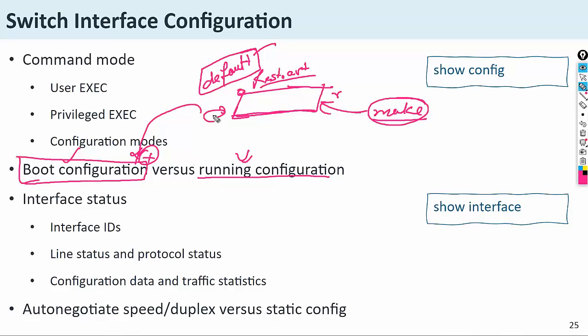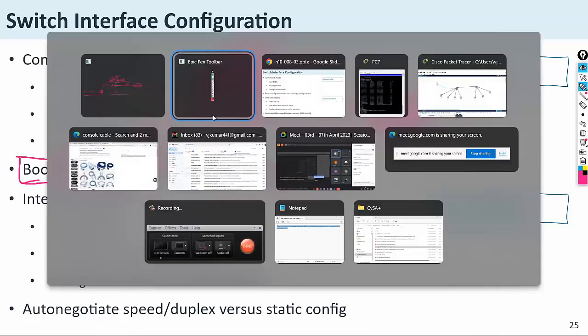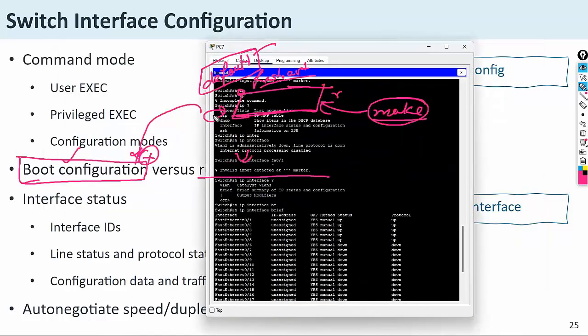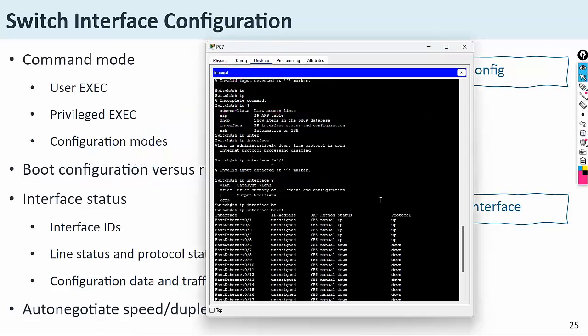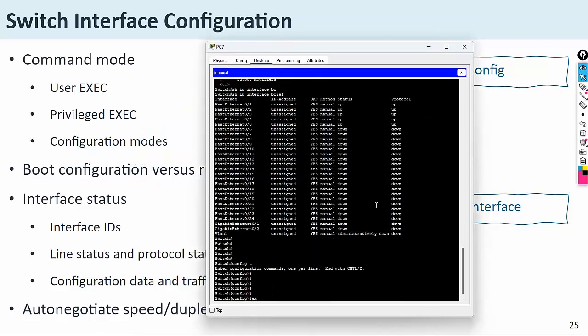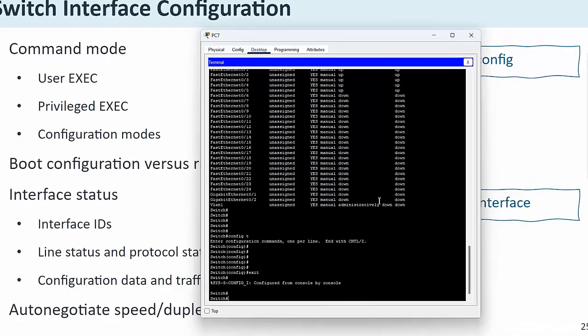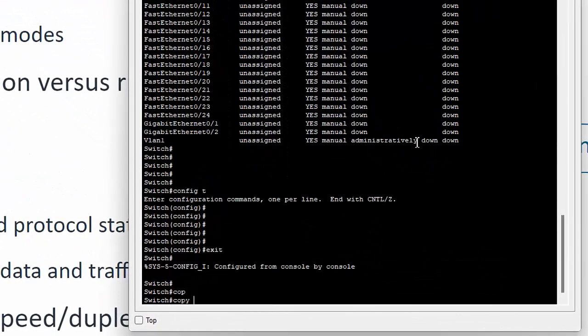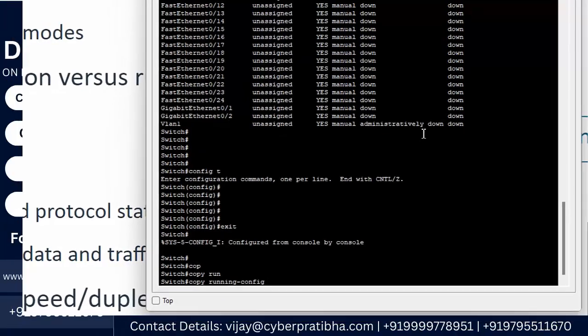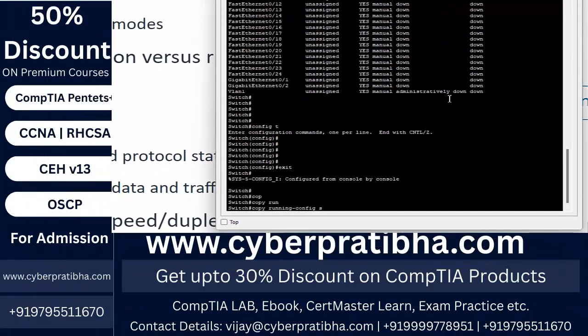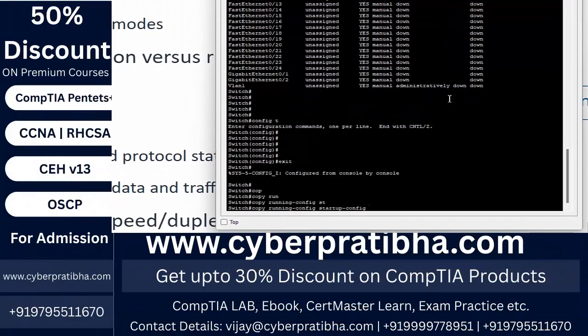So what you can do is, if you have made some changes, you need to copy the running configuration to the startup configuration.